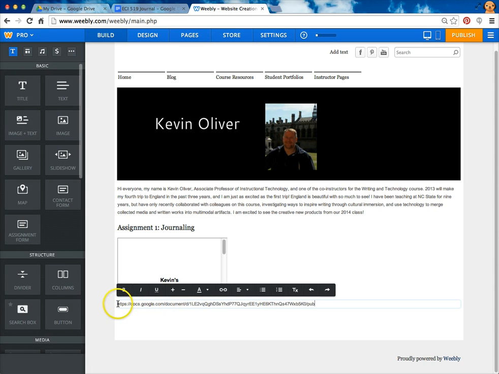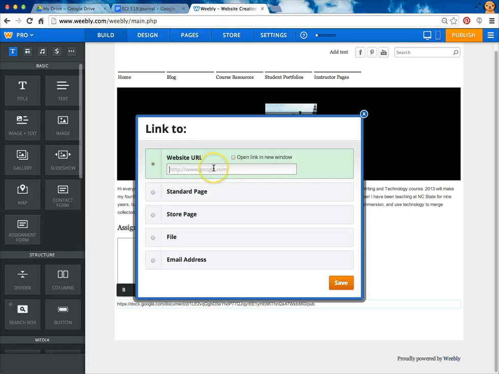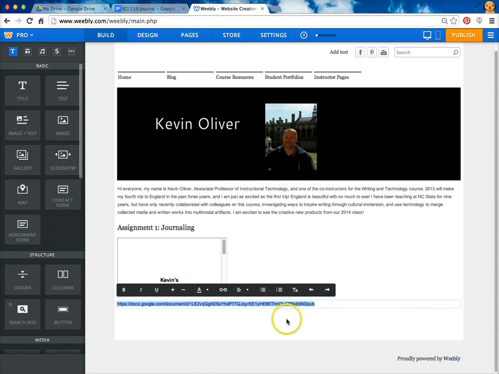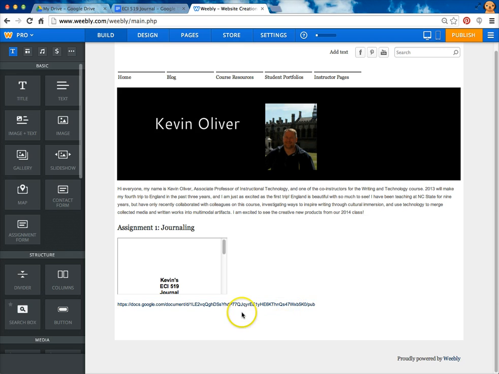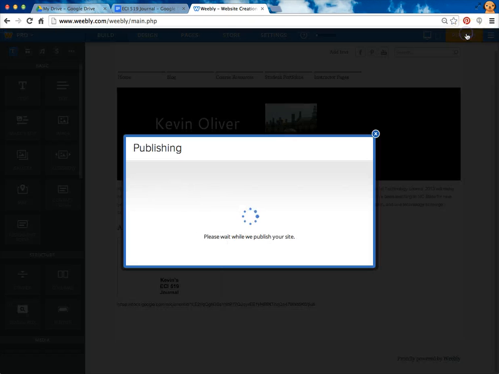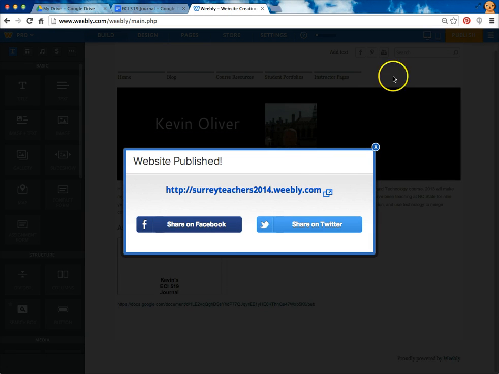And to make a link active, you actually have to highlight it, and then pick this create link from this toolbar, paste the link in again. I would suggest opening it in a new window, and when you click save, that inserts the link here so that when people come to your website, they'll be able to click on that. And again, after you finish adding these things to your portfolio page, you'll click publish up here in the upper right hand corner, and that should place it on the actual website,